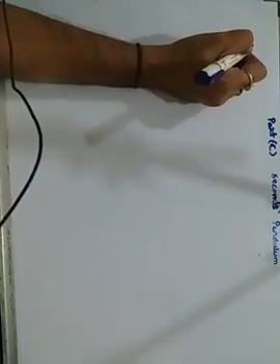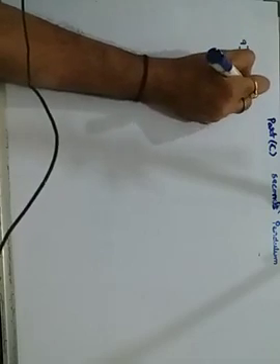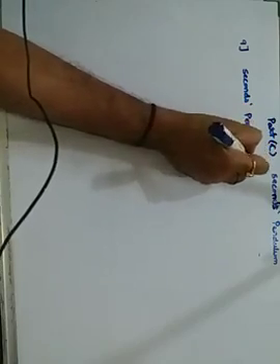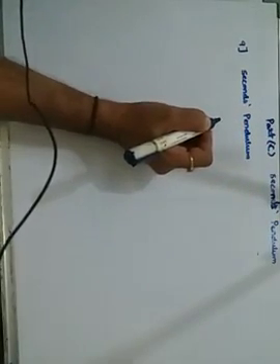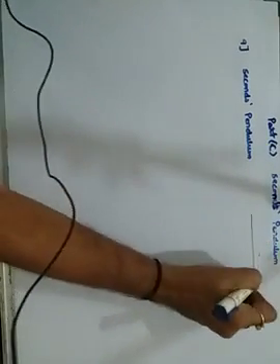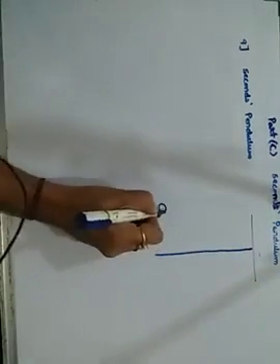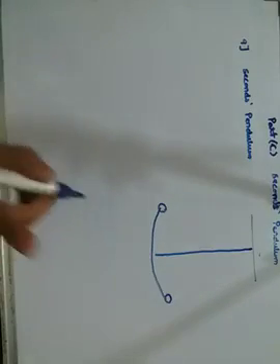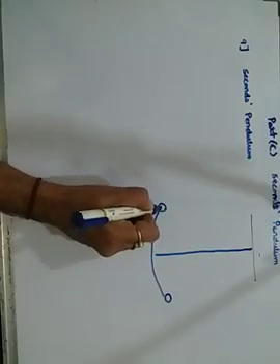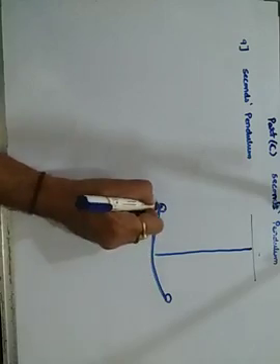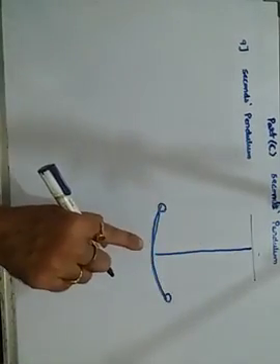Your last question for this says: how much time does a bob of a seconds pendulum take to move from one extreme of its oscillation to the other extreme? Again I am explaining diagrammatically. From one extreme to the other extreme, how much time will it require to go from here to here? But if you start from this position, it goes to the other extreme position, and from that extreme position when it comes back, that becomes one oscillation.